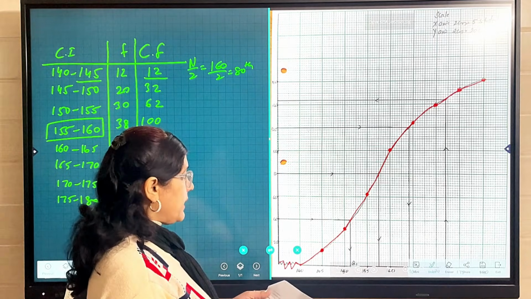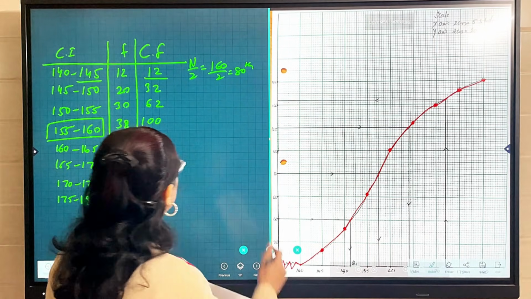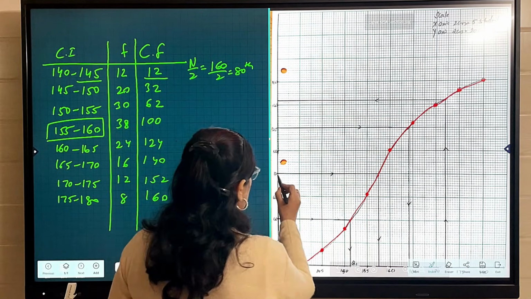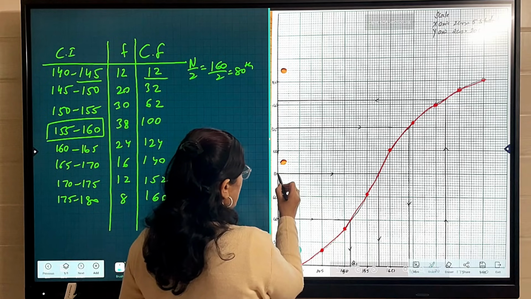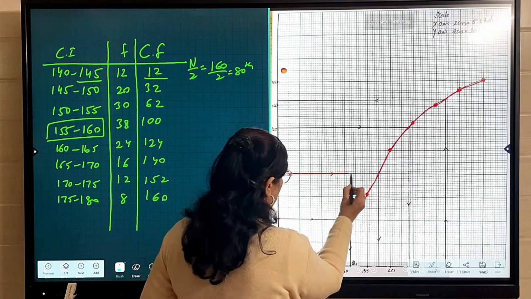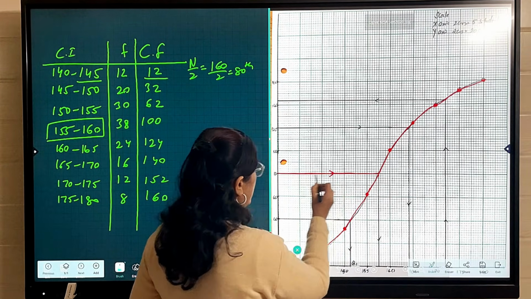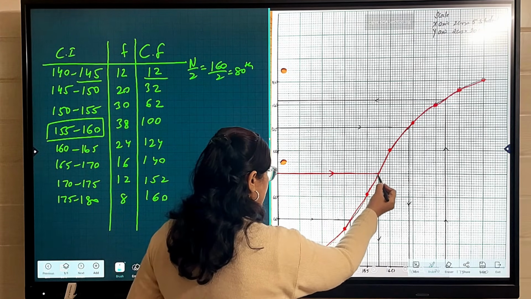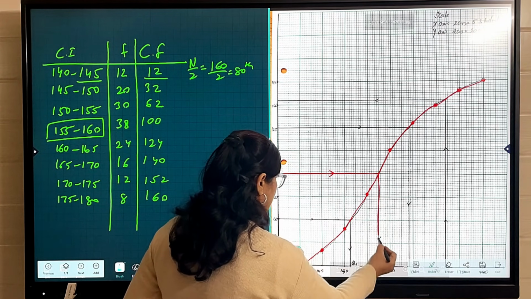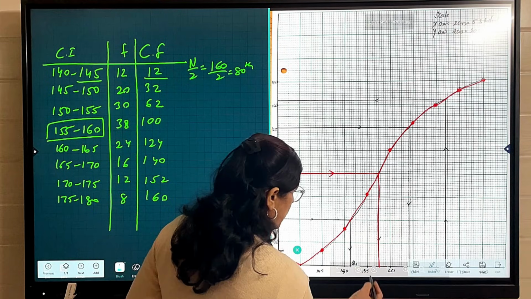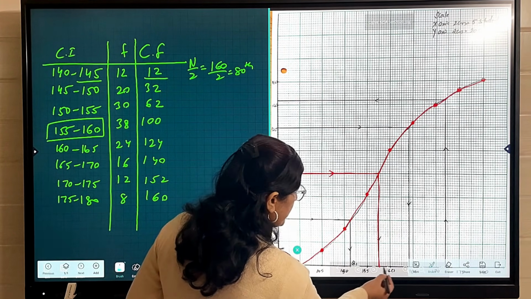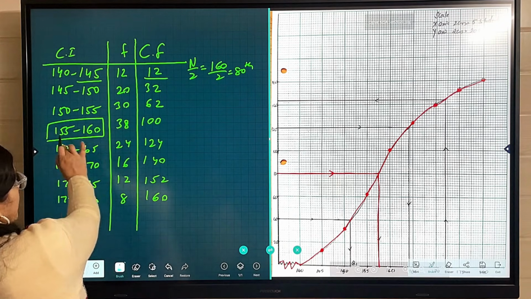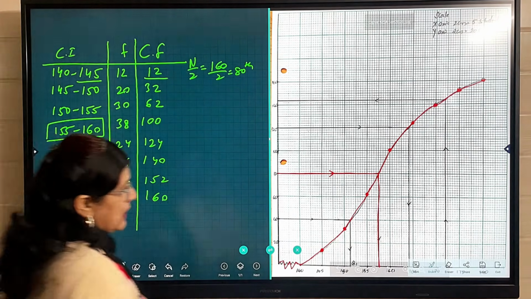Now the first point is the median height we have to calculate. For median height, 80th frequency, so 80th means we have to take on the cumulative side, we have to take 80, and then we have to draw a line. We have to make an arrow on it because we are coming from the 80 side, and then we have to come on the x-axis. On the x-axis the point where it is touching is in between 155 and 160, where I have shown you 155 and 160, you will get the answer.